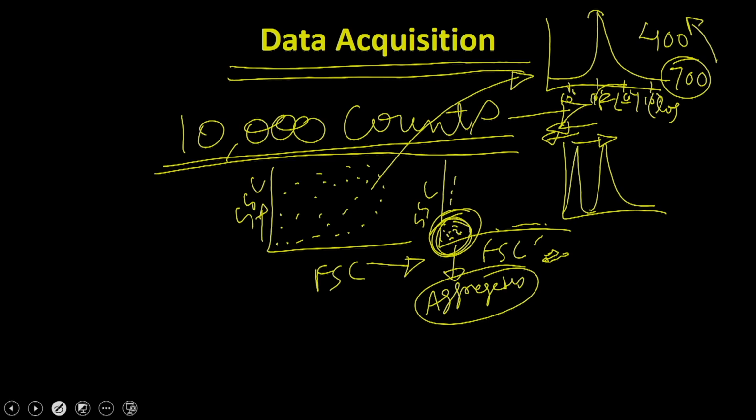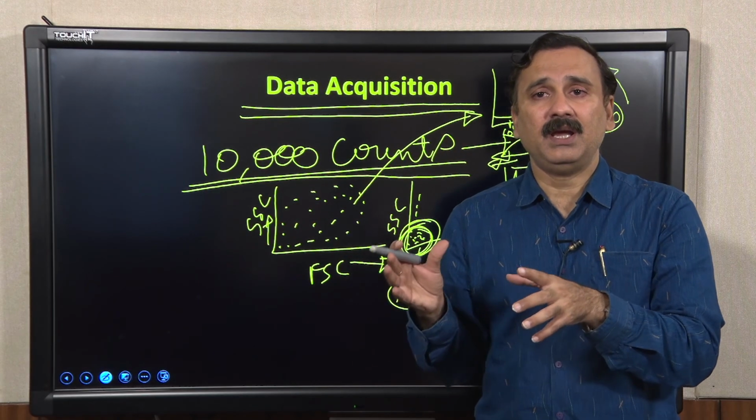So, in ideal conditions, when you are doing the data acquisition and trying to do a histogram plot, what you prefer is that you start with 10 to power 0, 10 to power 1, 10 to power 2, 10 to power 3, and on this side you have the number of cells. What you prefer is that for unlabeled samples, the peak should be around 10 to power 1, so that you can see the change in the fluorescence of this particular labeled sample in both directions.